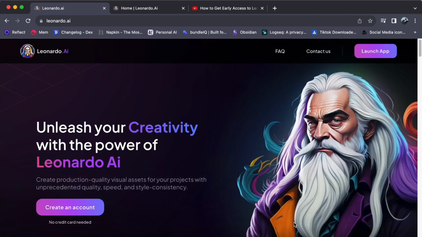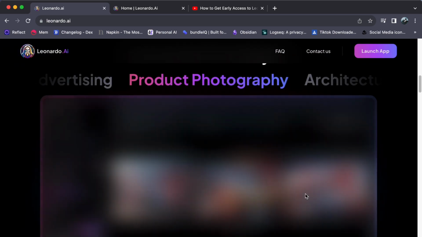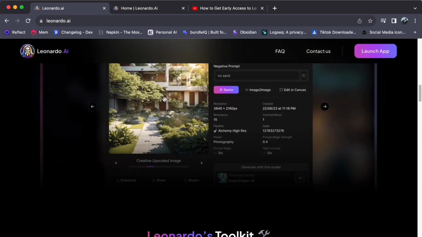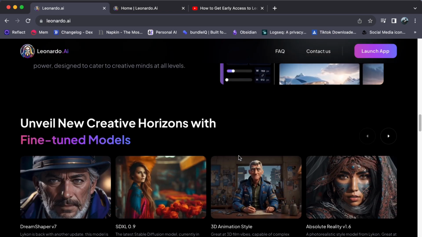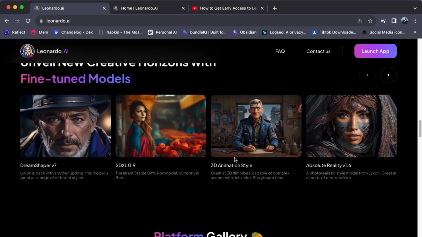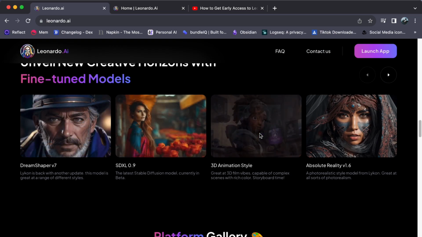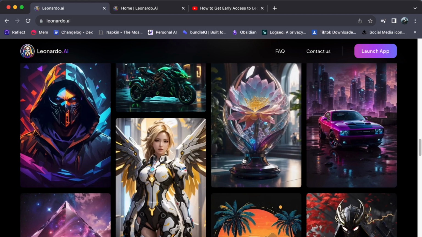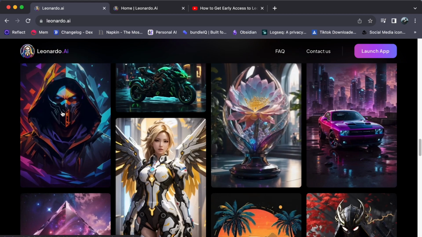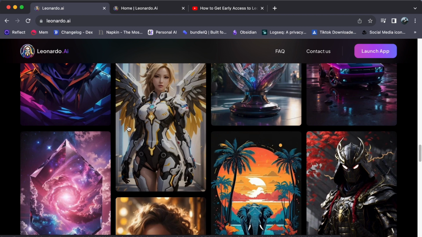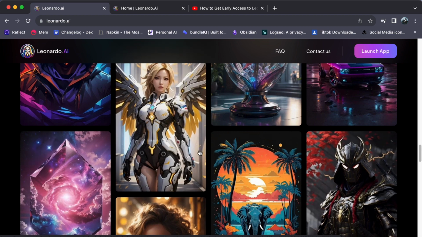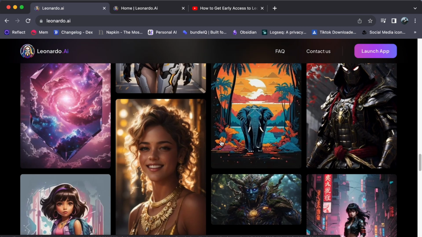As you guys know, in this rapidly evolving digital age, businesses and brands are constantly seeking innovative ways to make an impact and stand out from the crowd. And AI, a powerful tool that has transformed various industries, is now revolutionizing logo creation. In this video, we are going to create beautiful and stunning logos with the help of AI using Leonardo